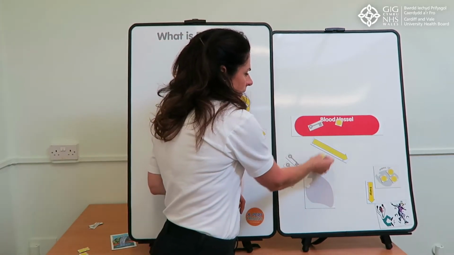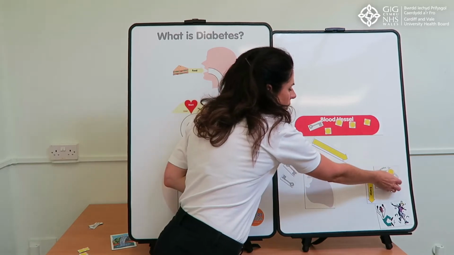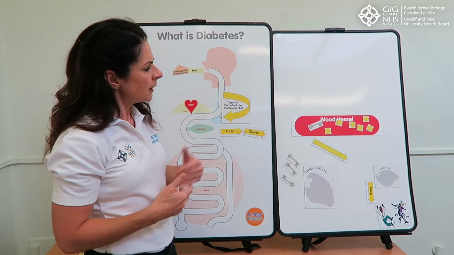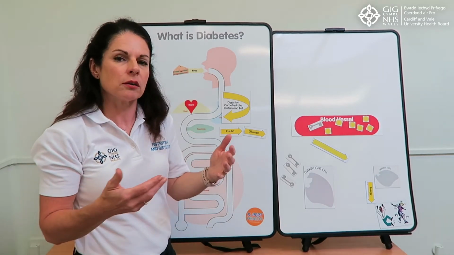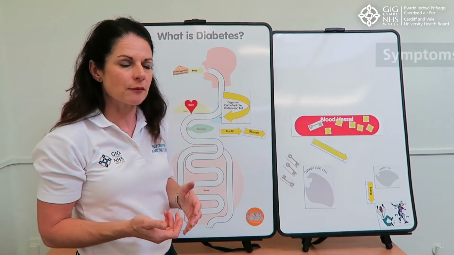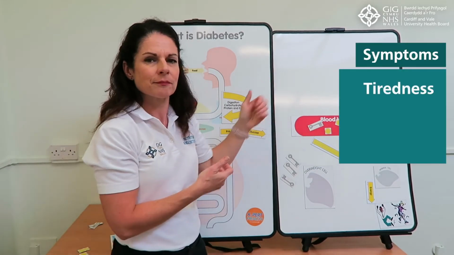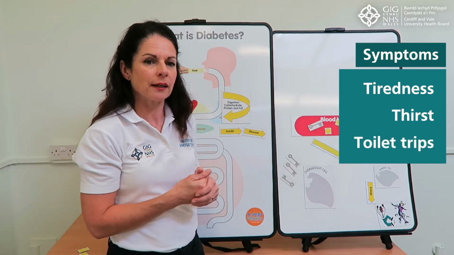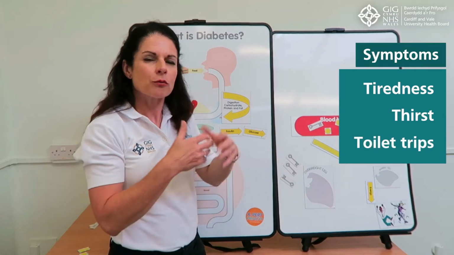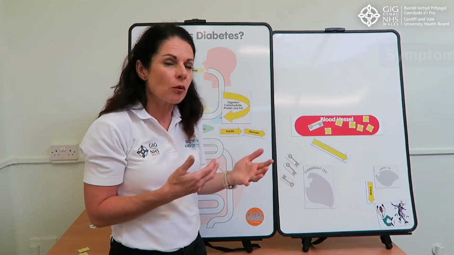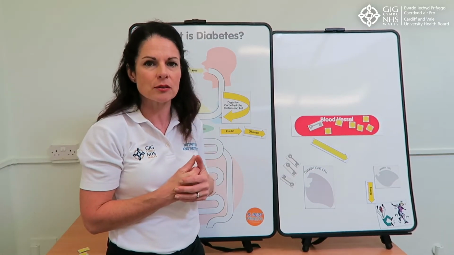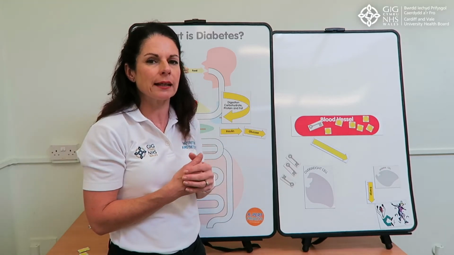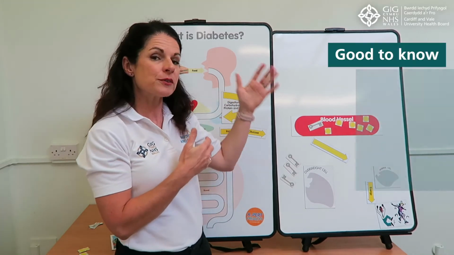So let's have a think then. If we've got too much glucose in the blood, how might that make us feel? What you might have experienced, what we call symptoms of raised blood glucose level, is tiredness, thirst, and potentially going to the toilet more frequently. These are all symptoms of raised blood glucose levels. You don't always get them, it depends how high your blood glucose levels are. What we often say to people is that we find those symptoms will kick in if your blood glucose levels are above 10,